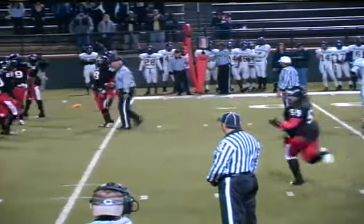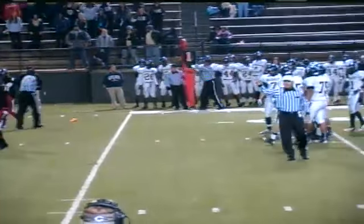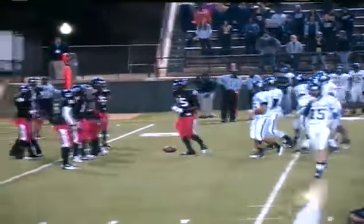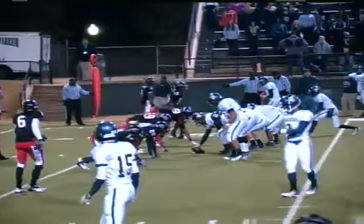Actually, move them forward. Back the Cavaliers up. So they'll have 1st and 5. That's always a tough way to go. You know, nothing's been up the middle so far. Nothing's between the tackles for the Cavaliers. No, as far as Tattnall County coming up the middle, they've always run either little swing passes or the quarterback basically